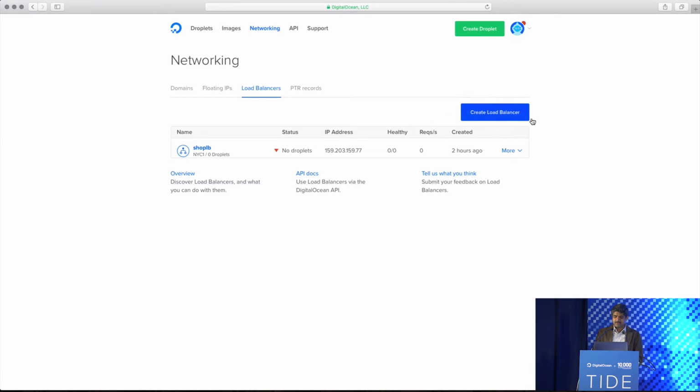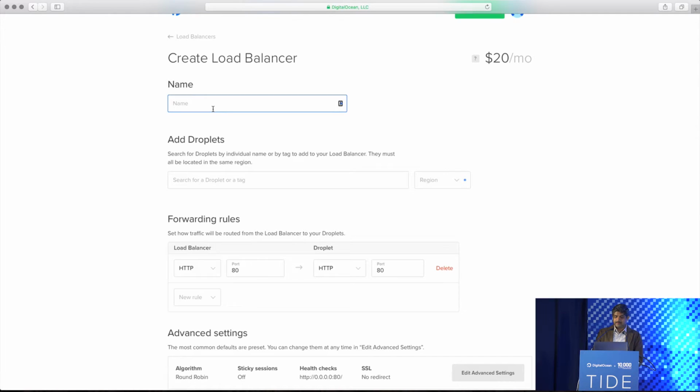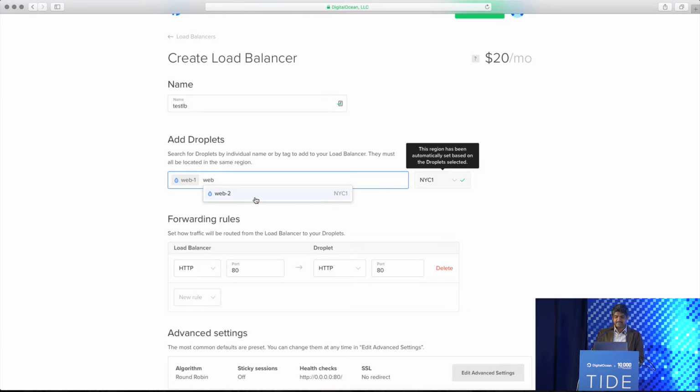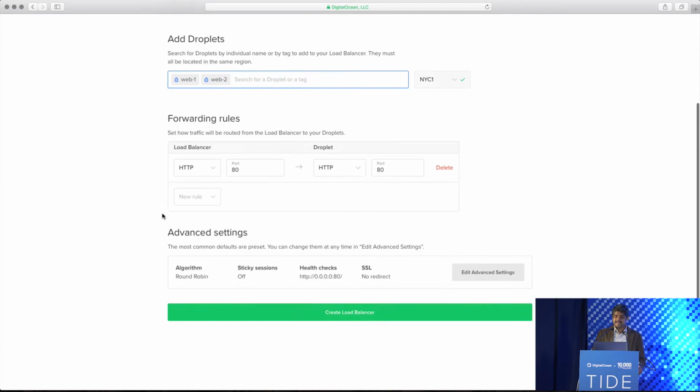So when you actually create a load balancer, you have multiple options. You will start with the name of the load balancer. Let's call this test load balancer. And then you select the droplets that we created, and the load balancer is automatically selecting the region. Because we are running our droplets in NYC1, obviously the load balancer is also going to be in the same region, same data center. So once we configure that, then we point load balancer's port 80 to the droplet's port